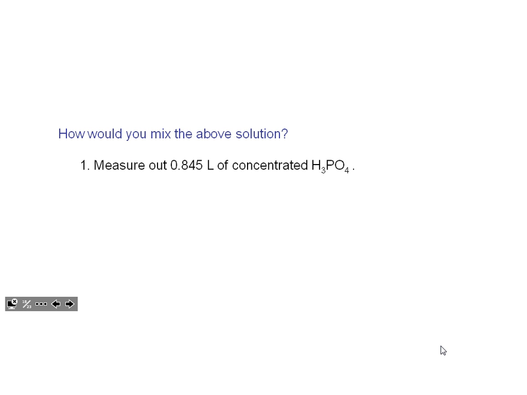Okay, let's look at another one. So by the way, you don't have to write this. How would you make that solution? You'd measure out the liters of that in a separate container. You put some water in first. I know you don't know this, but I'm telling you now, it's crazy. If you put water in here, you should always do about half of this filled with water. When you put a concentrated acid in there, concentrated acid, when it first comes in contact with water, makes a